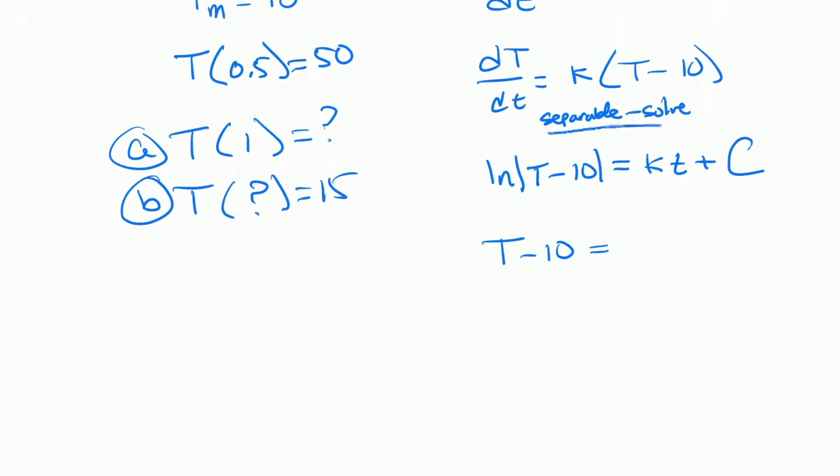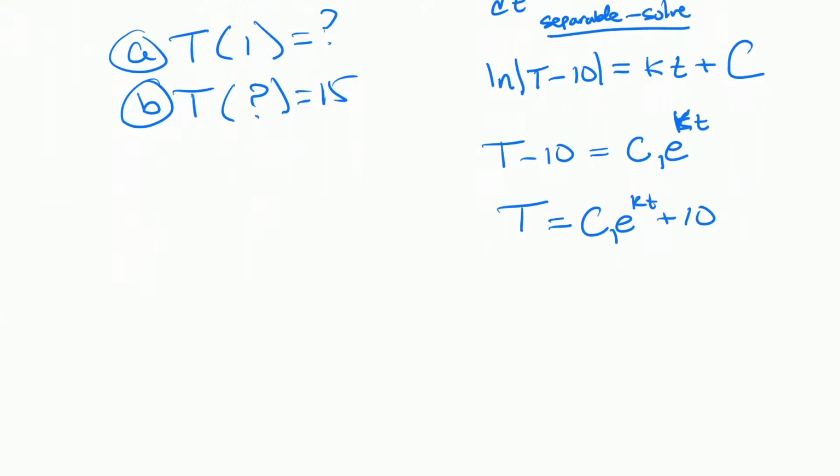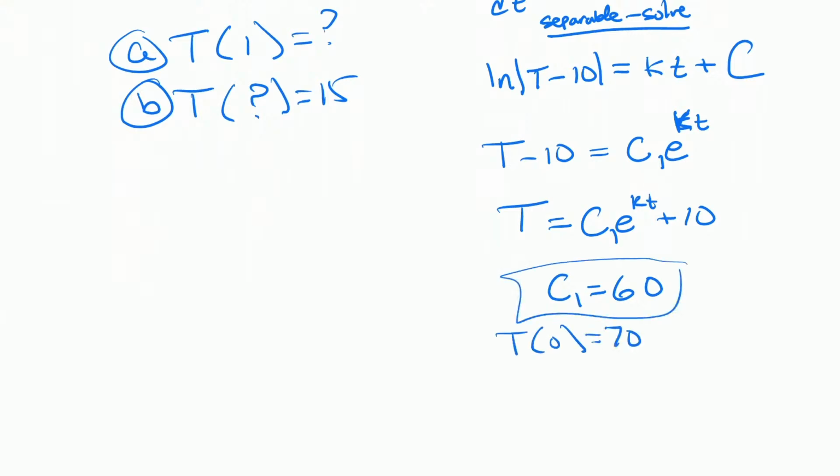I skipped a couple of steps there of doing the separation of variables and then doing the integrals. Then we do this part: this is going to be C1 e to the kt. Once again, I'm kind of cheating a bit, not too much. So T is equal to C1 e to the kt plus 10. That tells me that C1 should equal 60, and the reason I know this is because T of 0 is 70. So for that to be the case,